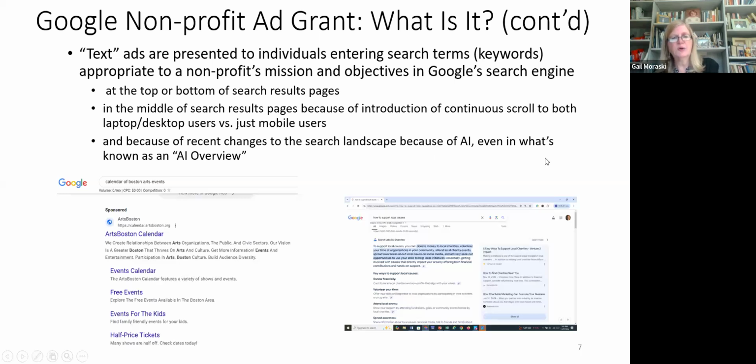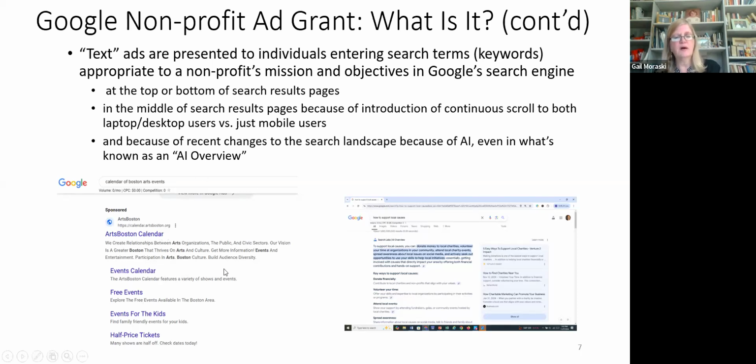So this slide shows what a Google search text ad looks like, and you'll see down on the left-hand side there, I had typed calendar Boston Arts event into Google. I knew Arts Boston had a Google ad, and you can see it's a Google ad because it says sponsored.